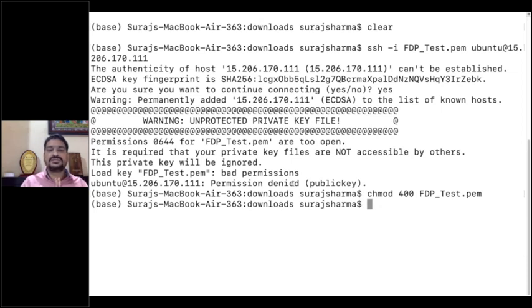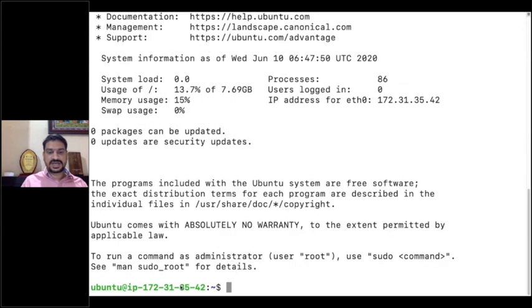Now my file can be read by that particular instance, and again I have to write the same command, that is ssh -i FDP_test.pem ubuntu@ and the IP address. When I do that, yes, so now if you see, my system is connected. At the very bottom I got a green color, which means I have connected to